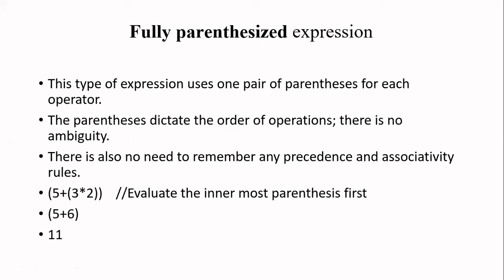So when you have nested parentheses like this, you have to evaluate the innermost parenthesis first. So here the innermost parenthesis is nothing but 3 multiplied by 2. So evaluate that first, you will get the answer as 6. Then apply the plus operator. You have now two operands, 5 and 6. When you add them, you will get the answer as 11. Okay, so here we don't have any ambiguity problem because you are going to evaluate with respect to the parenthesis only. If there are more than one parenthesis, in case of nested parenthesis, you will evaluate from innermost to outermost.